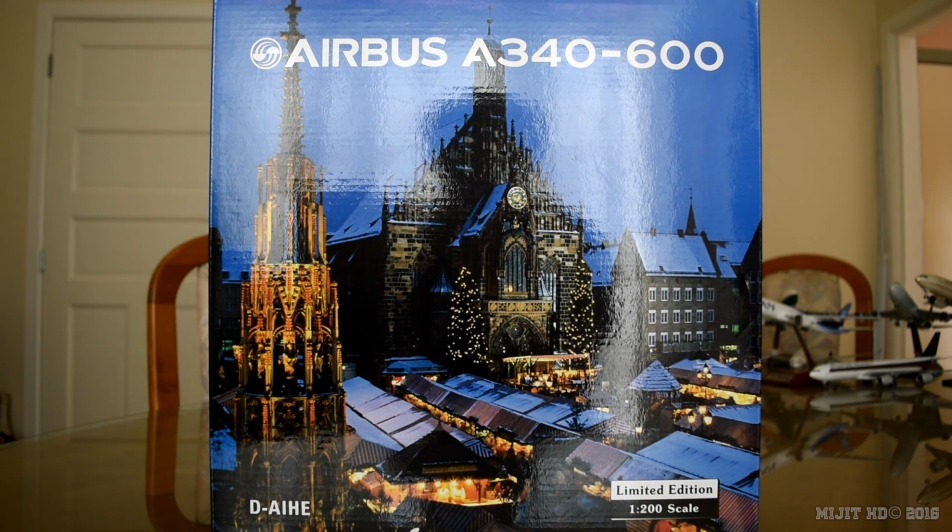Here, and as you can tell by the box, you're wondering what model this is. You can clearly see it says A340-600 and it's got a German registration at the bottom. But it's not your typical box, because it's obviously got a cathedral, I think, of some sort. And I think this was on the same release in 1 to 400